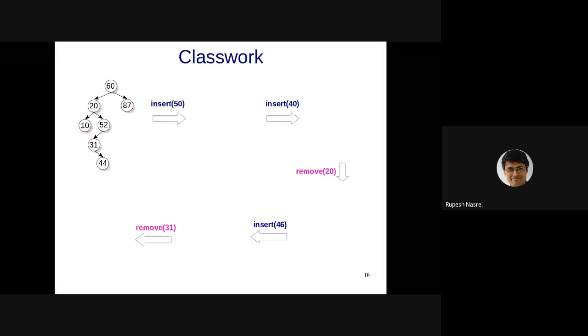You can just write the values in level order fashion, and that will give me a good indication of how the structure is. So insert 50. Let's talk about the first structure. And once again, the classwork we are doing is not always about getting the correct answer. You should be able to keep aside your phones and work it out so that you understand the insertion and removal properly. If there are any questions in this process, please feel free to ask.